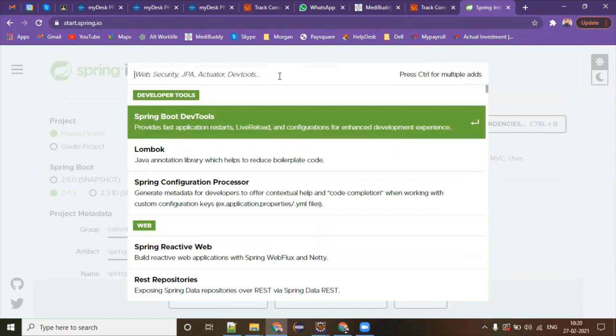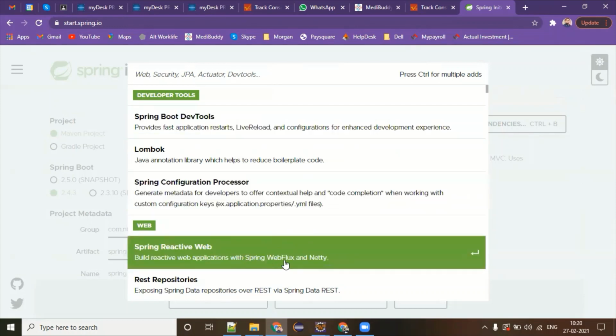And Spring people are very active in adopting these things. So they have created their own framework, a Spring module called WebFlux. If you want the reactive flow, then you have to go with WebFlux, and the web server is going to change to Netty, not Tomcat.